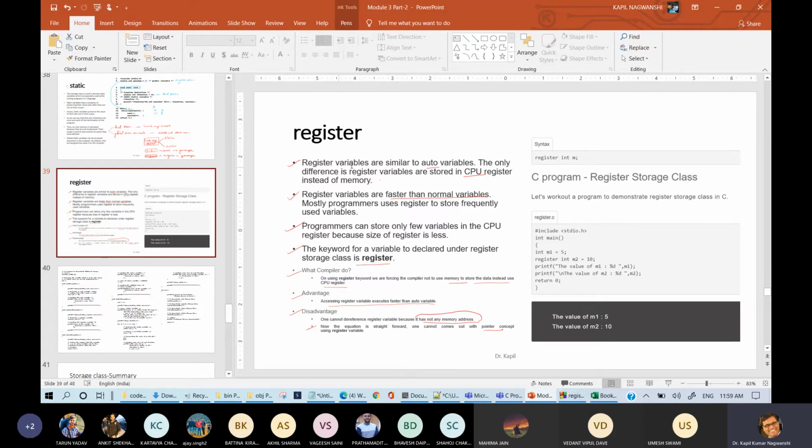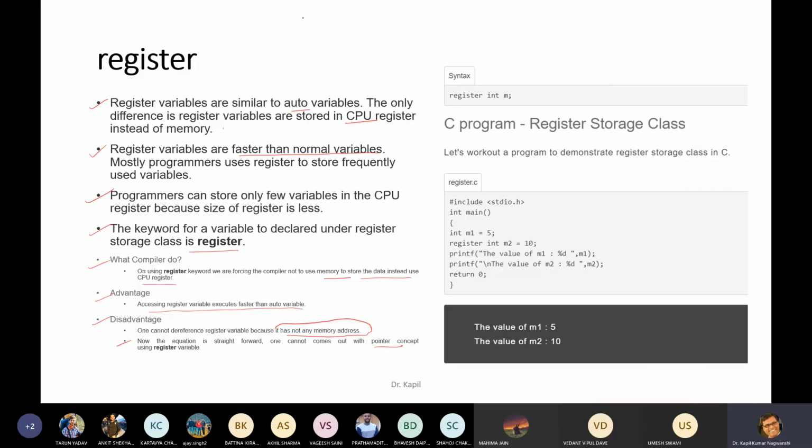Let me show you memory speed. That time it was 32 hertz up to 100 hertz. Nowadays memory speed is 1.8 to 2.8 gigahertz, so this speed is too far away from that.